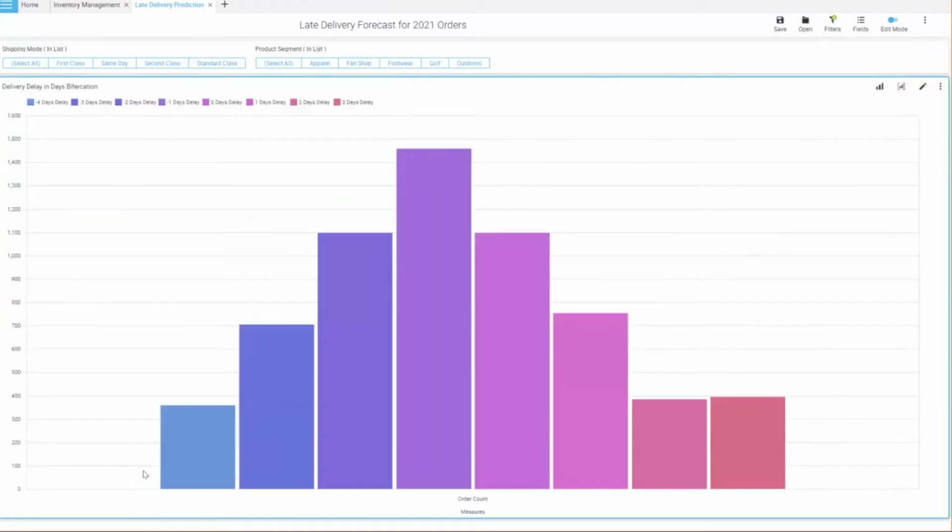So from least to maximum, you can imagine the days of delay in delivery. Minus 4 days is good for me. 3 days is a very huge delivery delay for me, which is the last bar. So this is a kind of histogram that helps you identify from least to the maximum.